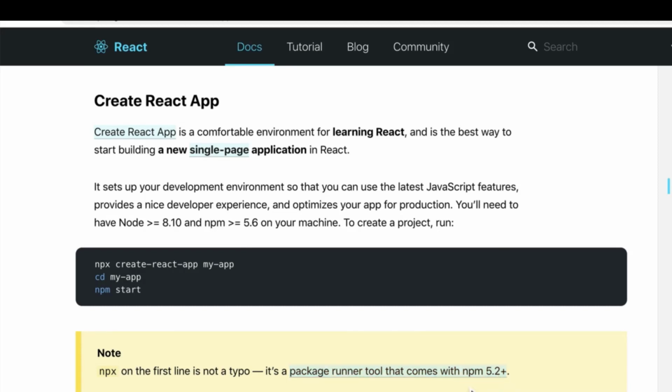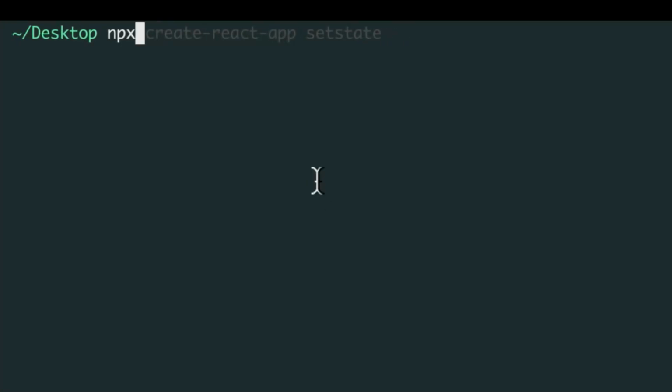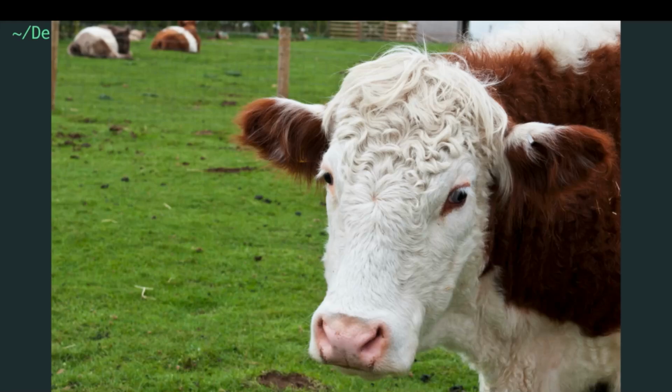npm 5.2 or higher, which if you're watching the video now, you should have, because we've talked about how to update our npm. Now, instead of having to install create React app, we can run npx create-react-app and whatever we want to call our app. So let's call this project Moo. It's a cows project. If I now run this,